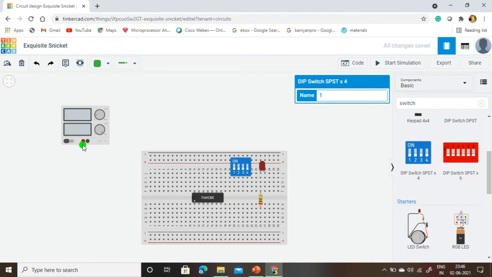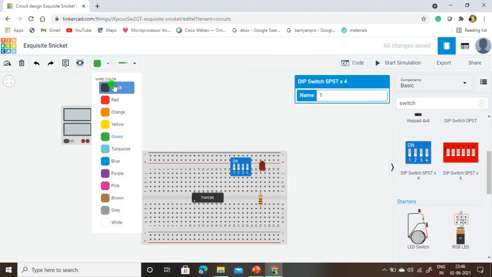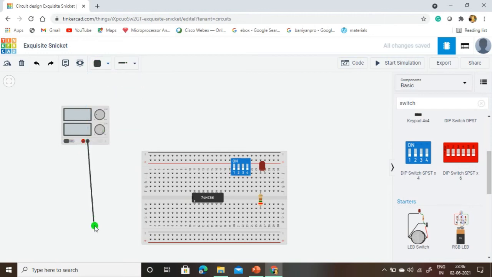Okay, then we are going to connect the negative terminal. This negative terminal first is directly connected to the breadboard. Okay, then the 7th pin is the ground pin. This ground pin is connected to the negative terminal, as well as this resistor is also connected to the negative terminal, because the cathode is connected to the negative terminal, as I already told. That's why it's connected like that.